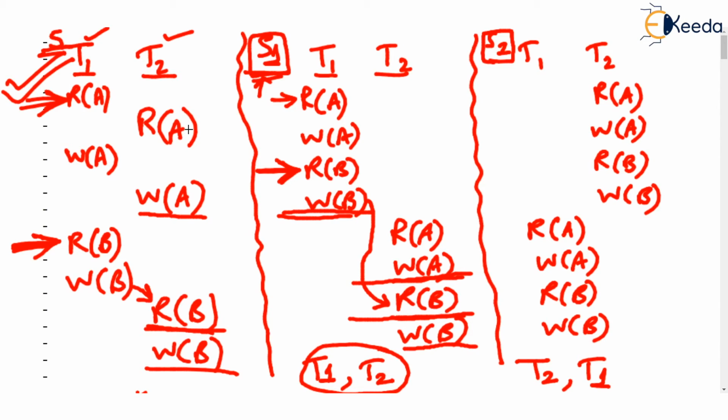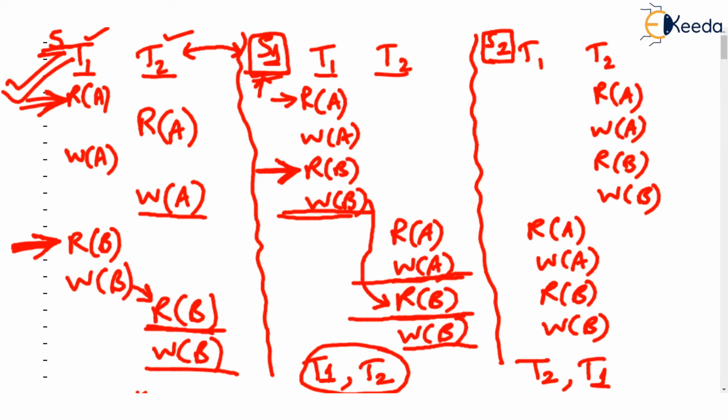So we say this concurrent schedule S is equivalent to the serial schedule S1. And which type of equivalence is this? Yes, it is view equivalent. These two schedules are called view equivalent. But S, that is concurrent schedule S, is view equivalent to a serial schedule, isn't it? Then we say this S is view serializable.